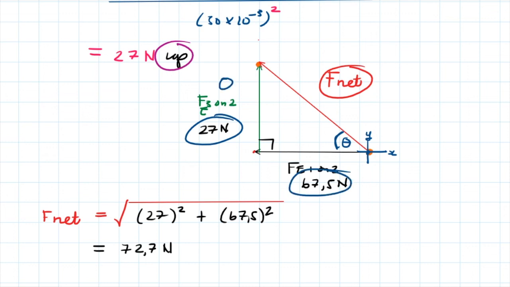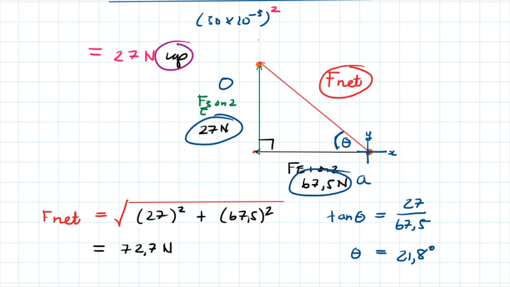This is opposite the angle, this is adjacent to the angle. So tan theta is going to equal opposite, which is 27, over adjacent, which is 67,5. We shift tan 27 over 67,5, and we find out that theta is equal to